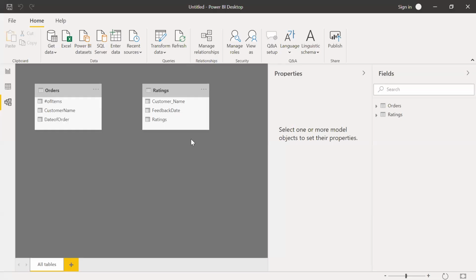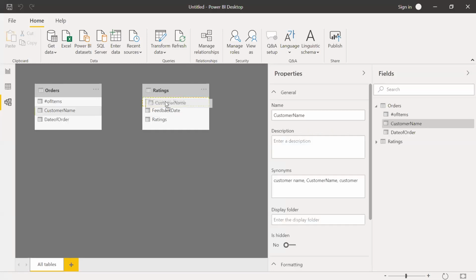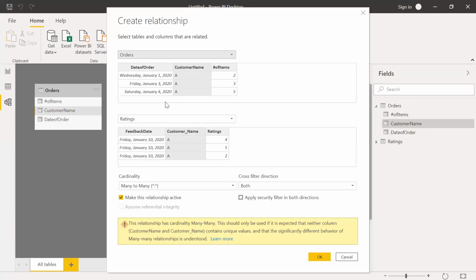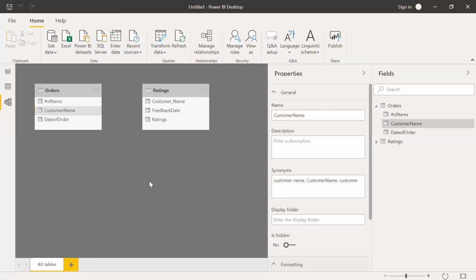I completed loading these two Excel sheets into Power BI Desktop. As you can see here, I have the orders table and also the ratings table. If I now try to create a relationship between these two tables using customer name, I'm getting an error. It says a many-to-many relationship exists. So I want to solve this issue. What I'm going to do is click on transform data in the ribbon, and then